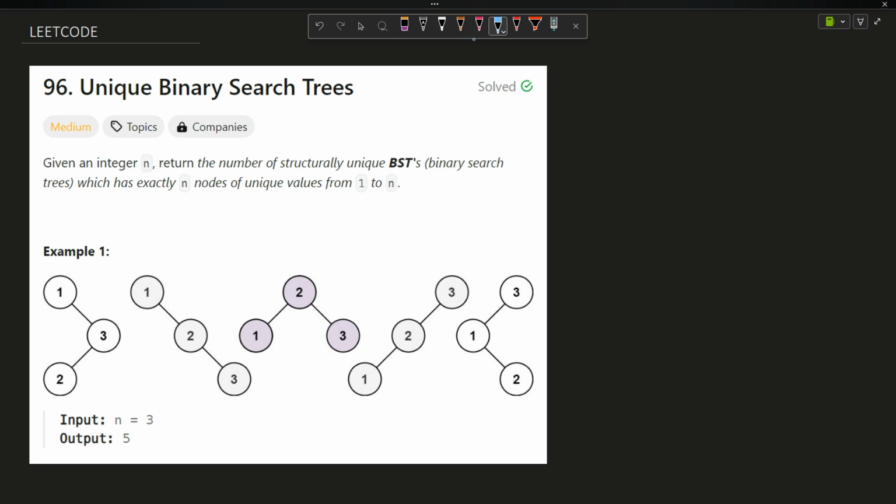And in this video we are going to discuss an important question of binary search tree. Problem 96 of LeetCode, Unique Binary Search Trees. What does the question say? The question says that you have been provided n as your input and you have to return the number of